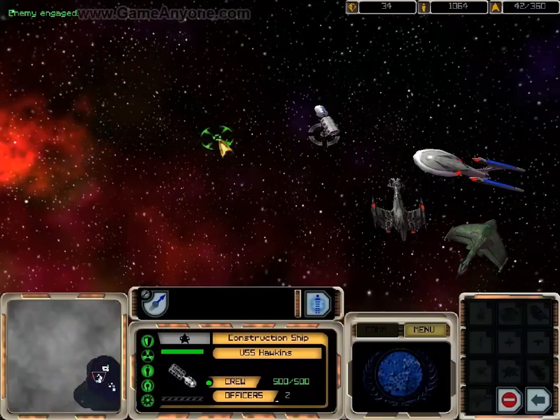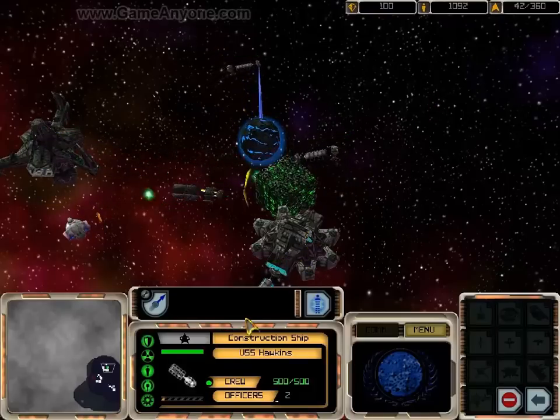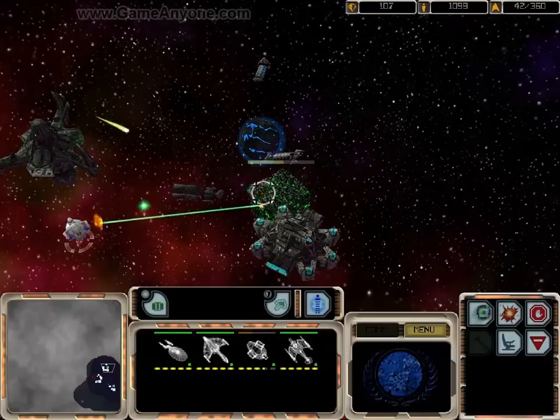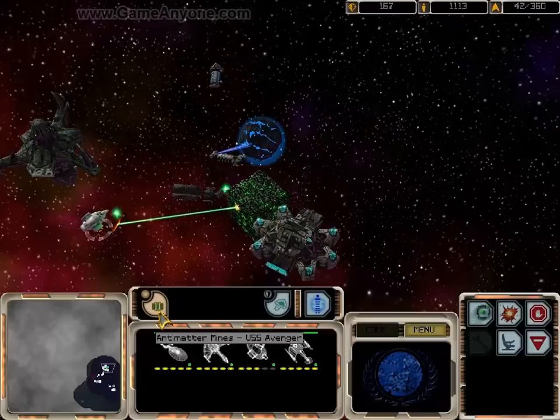I'm going to build it slightly higher up here so that it covers the entrance to the base. Starbase always has really good defences, and another Borg cube has come in. It doesn't look like the Borg have their assimilation beam at the moment, so...